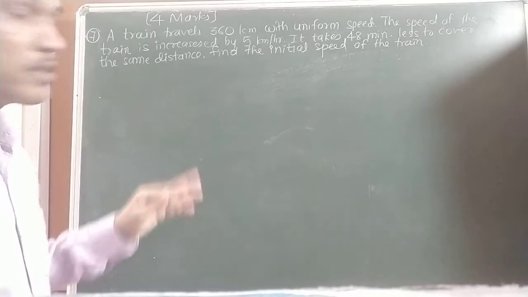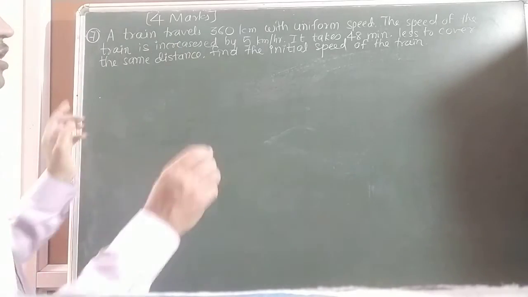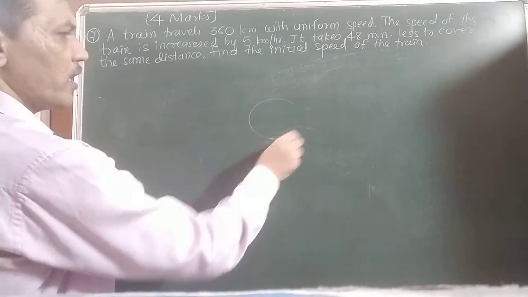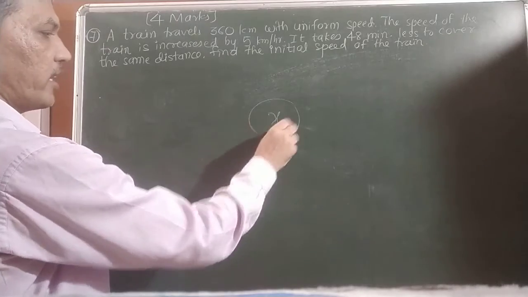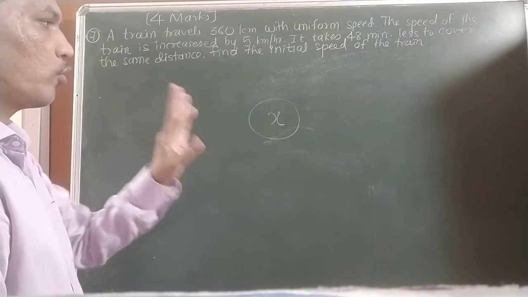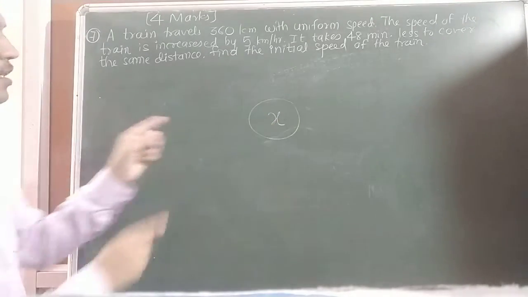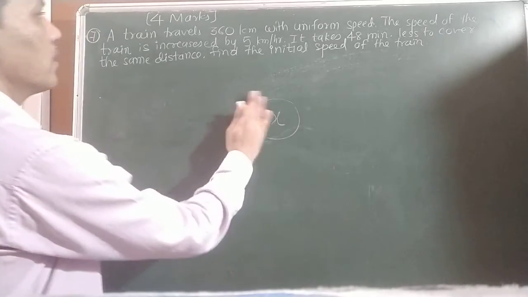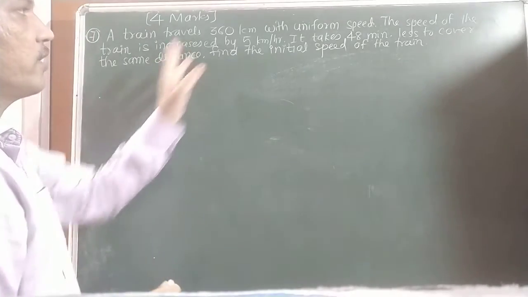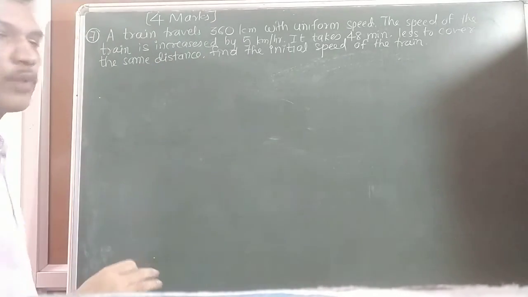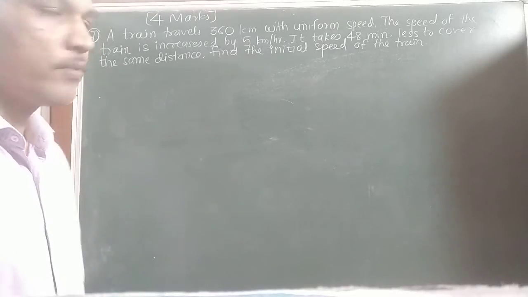Okay. This is a sum from second chapter. So here only one condition is given, that means only one variable, that is x or y, not both variables, only x, because it is from second chapter. Okay. Now starting with this example, let us take one simple example in day-to-day life.